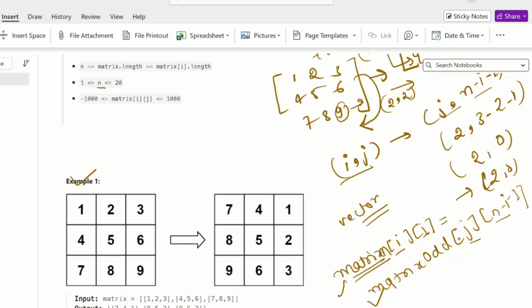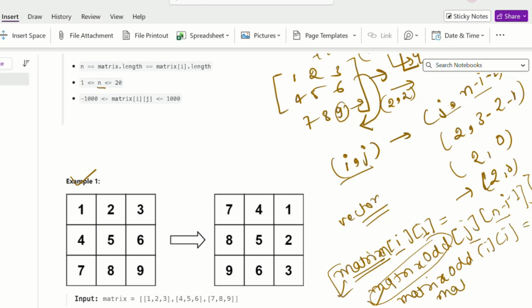And in our question we don't need to return anything, we need to modify the matrix in place. So after doing this operation for all the cells, I can do matrix old ij equals matrix new ij.